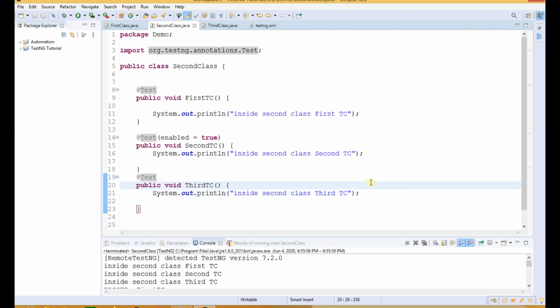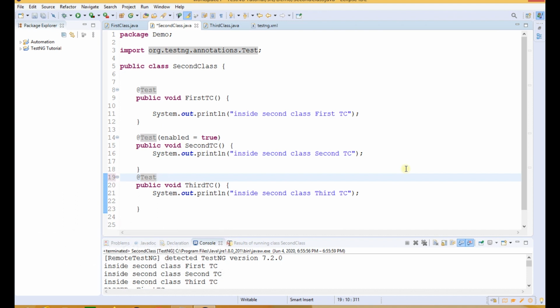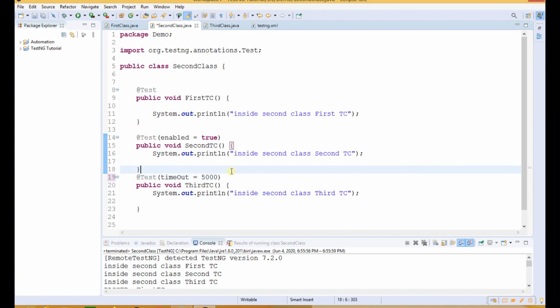So that is not the best practice to increase the implicit wait. So in TestNG there is one helper attribute which is timeout. So we can specify a timeout after which the test case will be failed. So TestNG waits till that timeout is completed, and after that timeout duration is complete, TestNG will mark that test case as failed, right? So how can we use the timeout attribute? Here at the test we have to write timeout equals to, and here we have to give the duration in milliseconds. So let us give 5 seconds, right? So this is the timeout attribute and the value is 5 seconds or 5000 milliseconds.